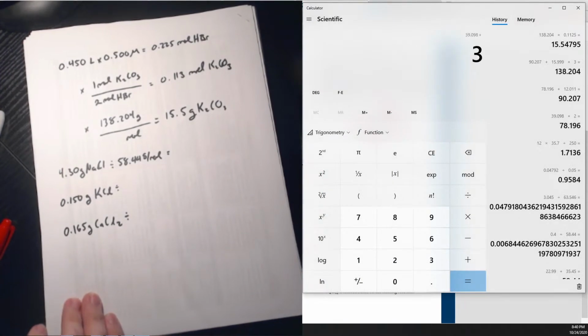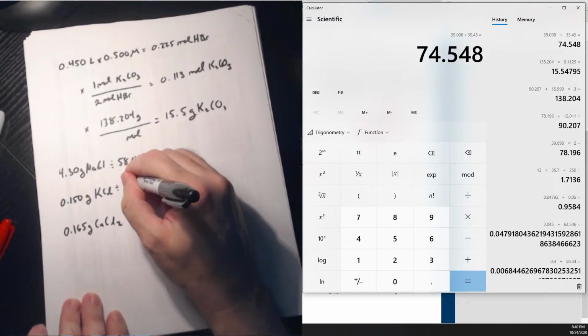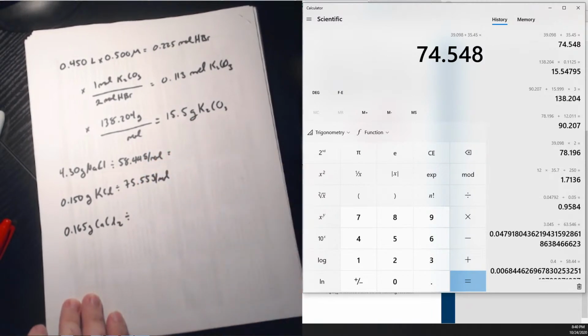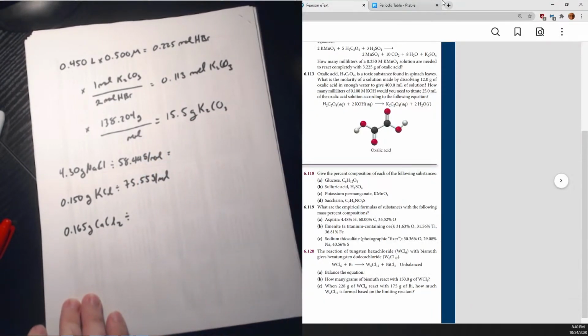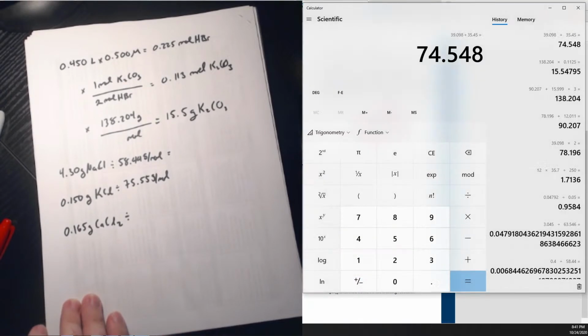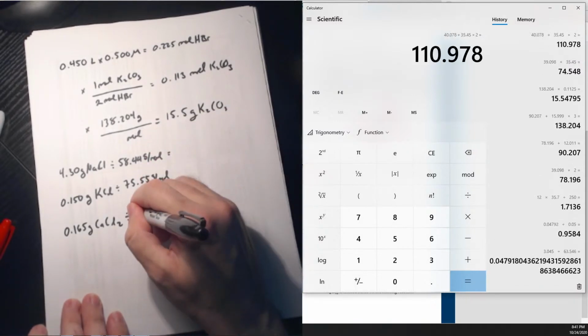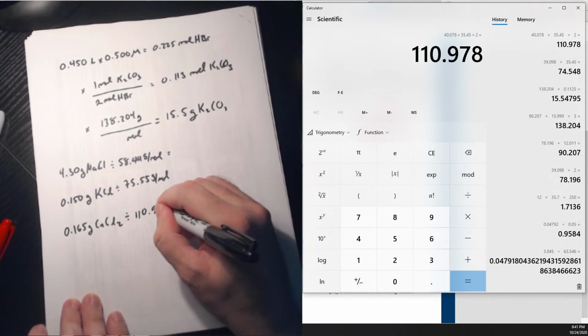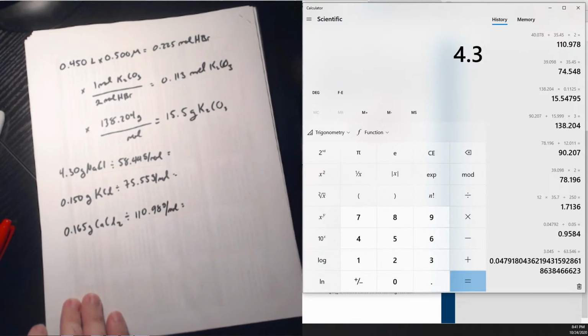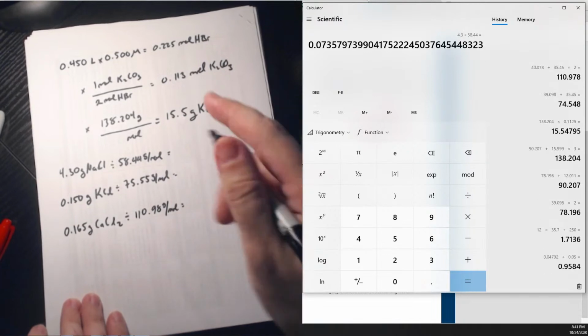For KCl, 39.098 plus 35.45 is 75.55 grams per mole. And calcium is 40.078. 40.078 plus 35.45 times 2 is 110.98 grams per mole. So 4.3 divided by 58.44